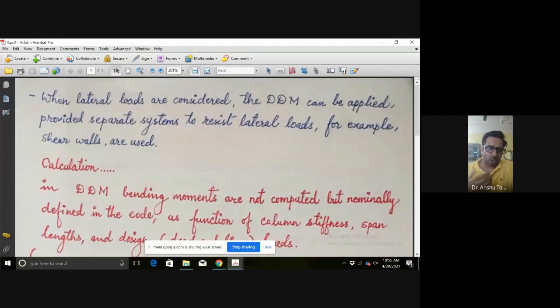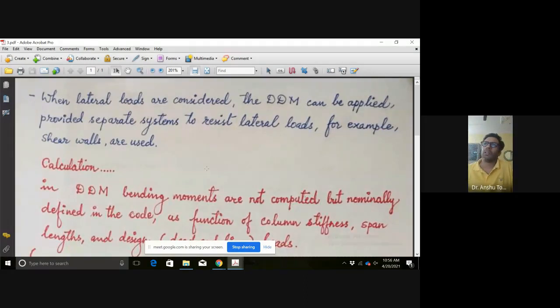अगर आपकी 10 से 15 storey building है और आपका shear wall core नीचे से ऊपर तक run कर रहा है as a lift core, so it will take 50 to 60% of the lateral load, and the remaining 20 to 30% will be taken care of by the shear walls provided on the periphery of the building. और periphery पे भी आप corners पे shear wall रखते हो, like L shape. I will tell you that also someday, when earthquake resistant configuration में आपको किसी दिन पढ़ाऊंगा, जब हमारा syllabus complete हो जाएगा. So this is how we take care of the gravity load and the lateral load system in the flat slab system.